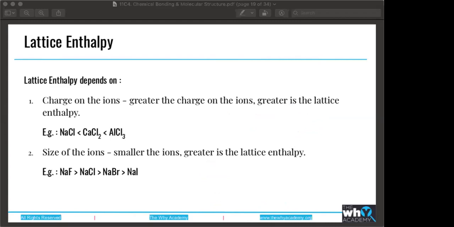Ma'am, I have one more question. I might be thinking of this in the wrong way, but in terms of the size of the ions, if you look at it in terms of anions, it makes sense because the smaller it is, the more the strength of the nucleus, the more it can attract, and the stronger the bond energy is. Am I correct with that?